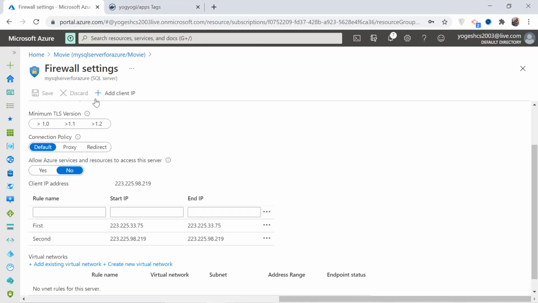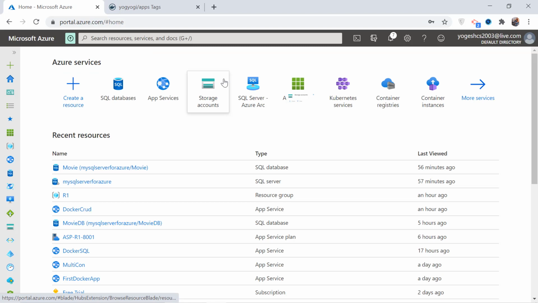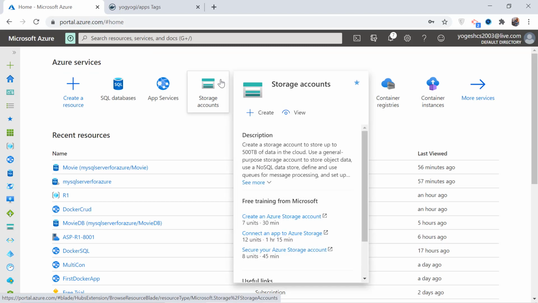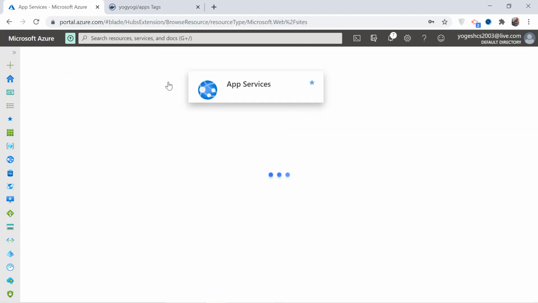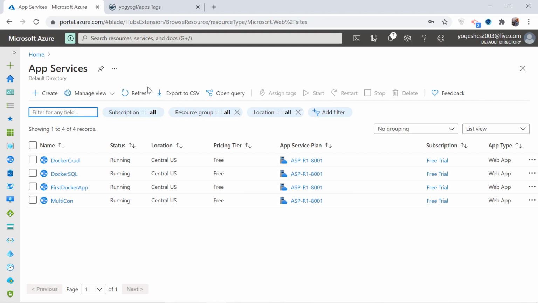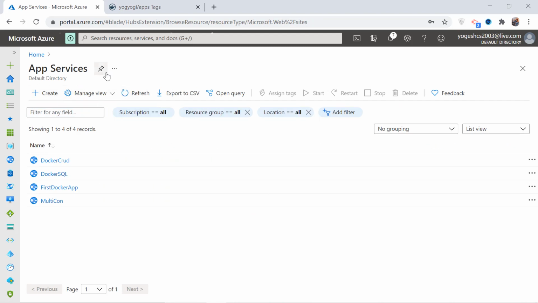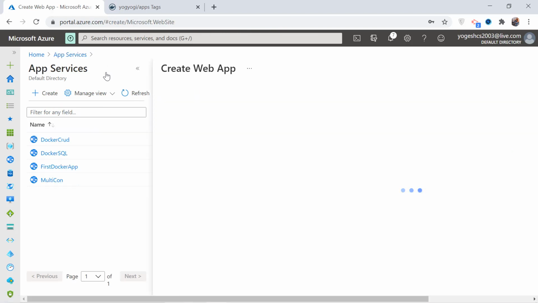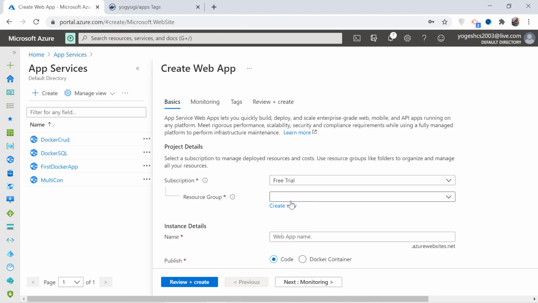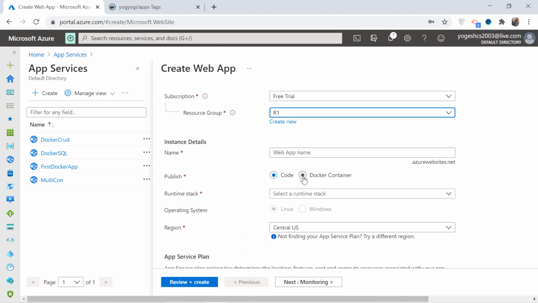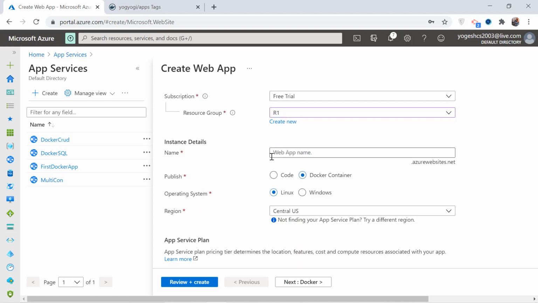Now create a new app service in Azure which will fetch this image from Docker Hub and create the app from it. This process is also known as deployment of the app. So in the create web app service screen, select the resource group, then for the publish field select Docker container and name your app something based on your liking. Click the next